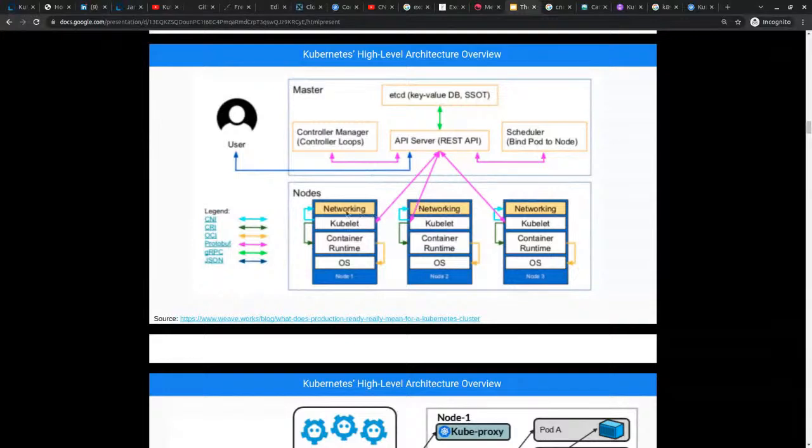But all you need to know is that kubelet has a pluggable model. It doesn't do networking straight with the node. No, it talks to the CNI to do the networking. It talks to the container runtime to know the state of the container that is running and to create a new container. Now, Kubernetes doesn't really work with containers. It works with pods. But the kubelet will know basically this pod is this container and will work with the container runtime to make sure that they are running, or to report the state back to the API server.